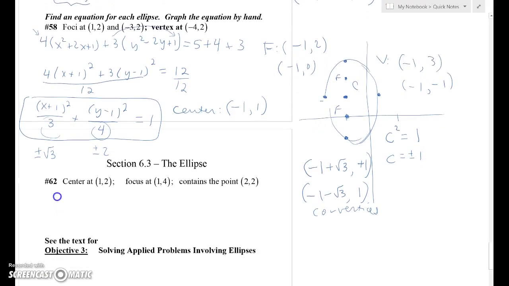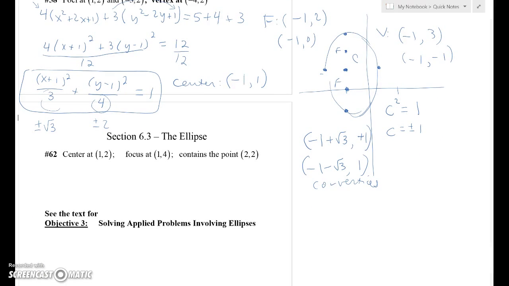So now we have one of the tricky problems again where they give you some bits of information and you have to figure out what's going on. So if your center's at 1, 2, you know you have (x minus 1) squared over something plus (y minus 2) squared over something. And we know our focus is at 1, 4. So let's see what this picture looks like. If the center's at 1, 2, and the focus is at 1, 4,